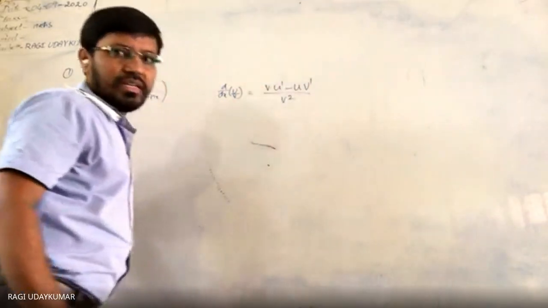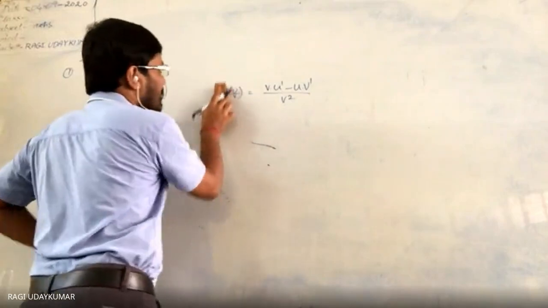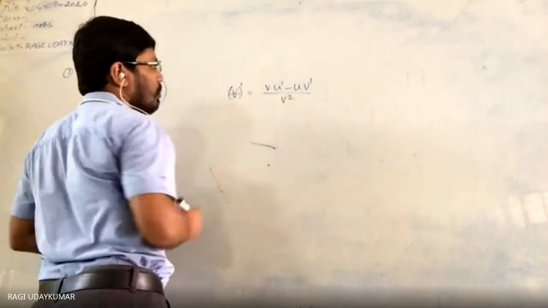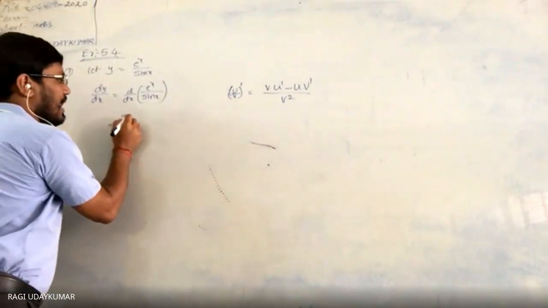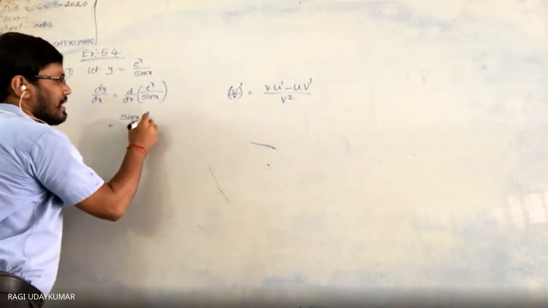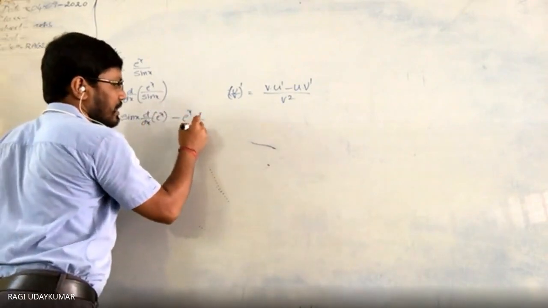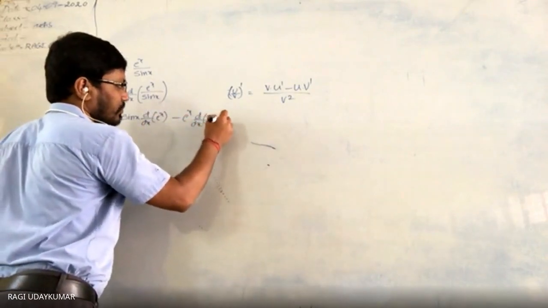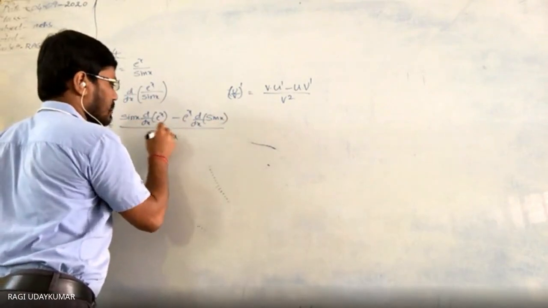Dash is nothing but differentiation. So this you try to remember here. So that means first sin x you are going to get, into d by dx of e power x, minus e power x into d by dx of sin x, by sin x whole square,